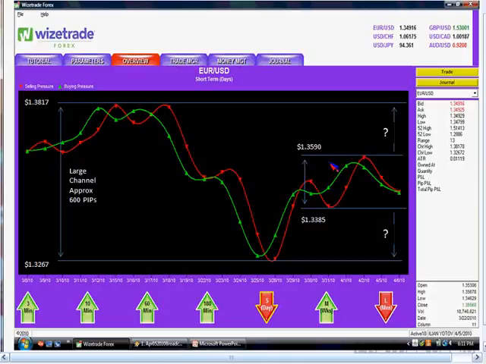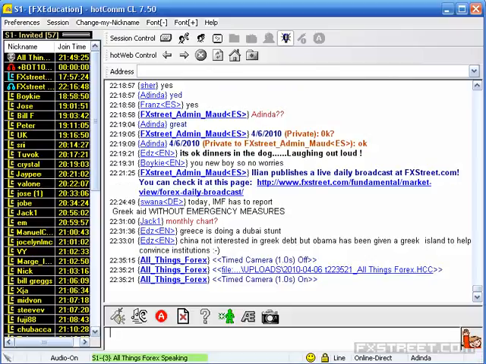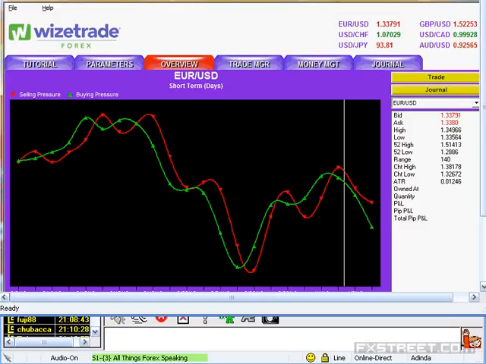So as I noted on my broadcast in the last week or so, the only way that we're going to see a more definite trend direction for the euro-dollar pair in the beginning of the second quarter of 2010 is if we actually see either a break above the top of that smaller channel, which could then challenge the top of the larger channel, or a break below the bottom of that smaller channel, which could ultimately challenge the bottom at $1.3267. Well, now I'm going to switch you over to the live chart